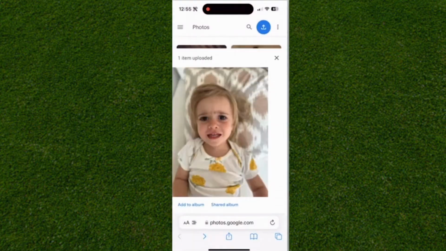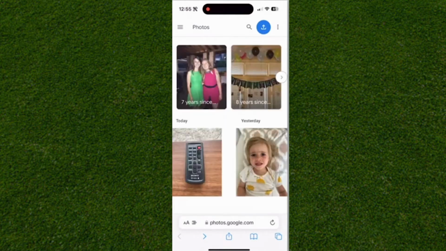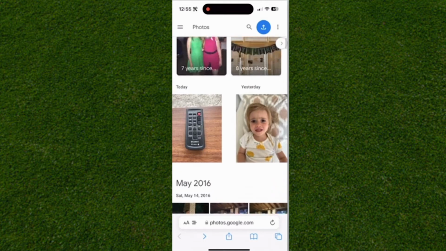Now, there are no duplicates upon adding the photos, and as you can see, when I refresh the page like so, it will only show one. Although it is very common to have very similar photos on Google Photos, and what you want to do to fix this is, instead of just doing the classic delete with a duplicate photos feature,